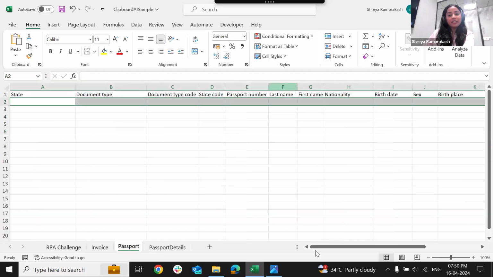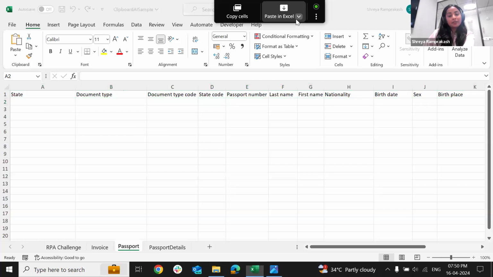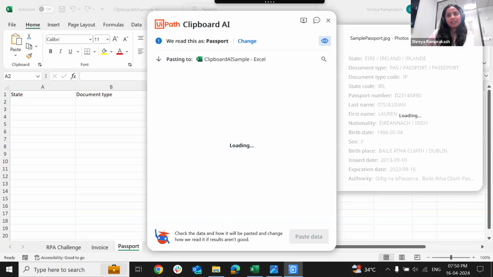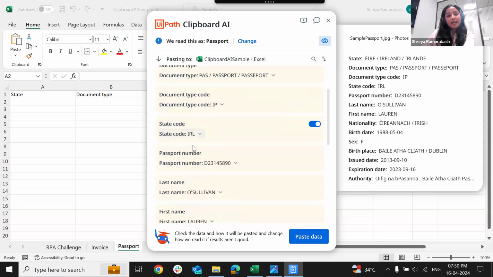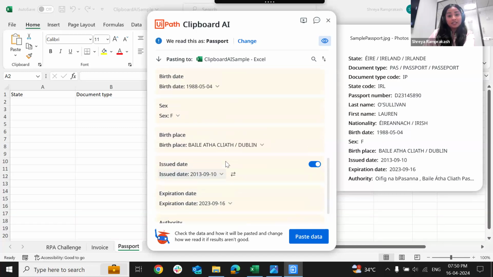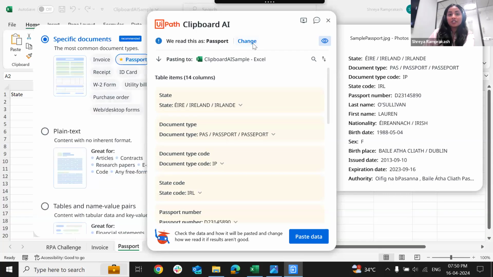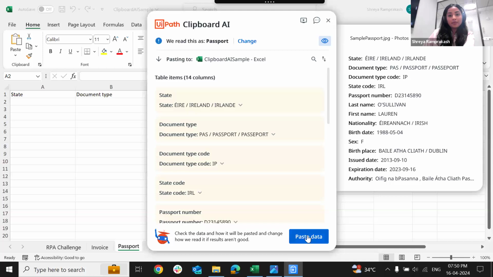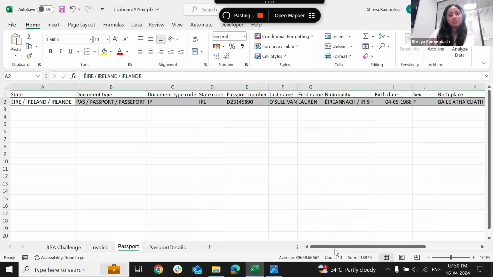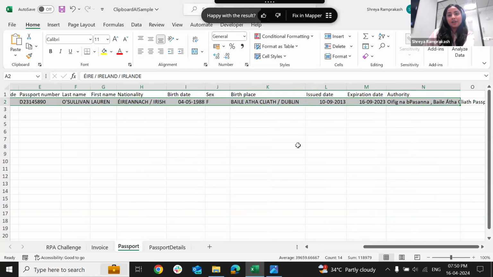Go back to our passport details, and once again, I've given all of the headers, and I would paste it with my mapper, or you could just go ahead and paste it directly. It's up to you. It will show you everything that has been extracted, and in the same way, it has read it as a passport. You can change it if you think it's wrong, or just go ahead with what has been recognized, and just like that, everything has been pasted onto the Excel again, right?